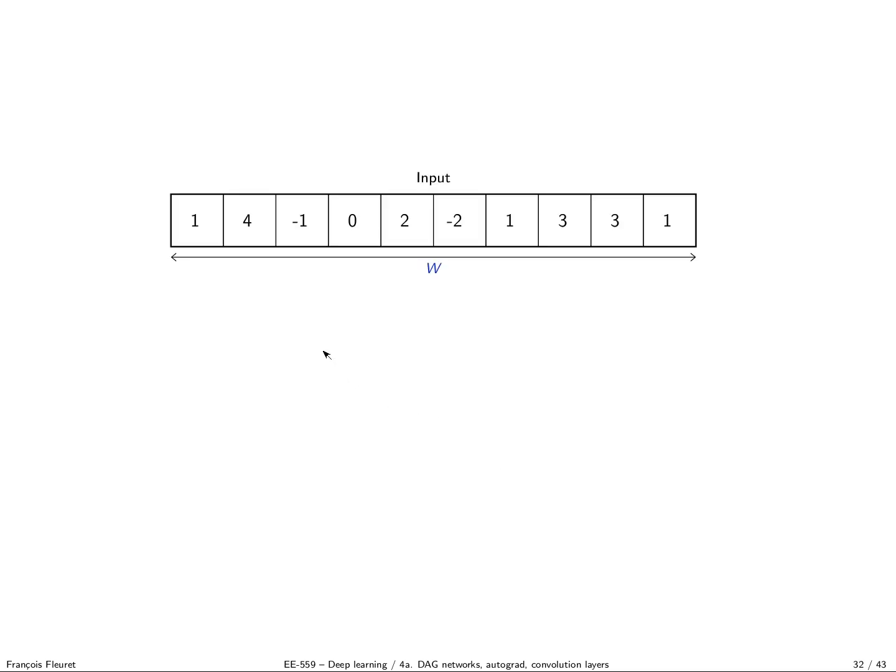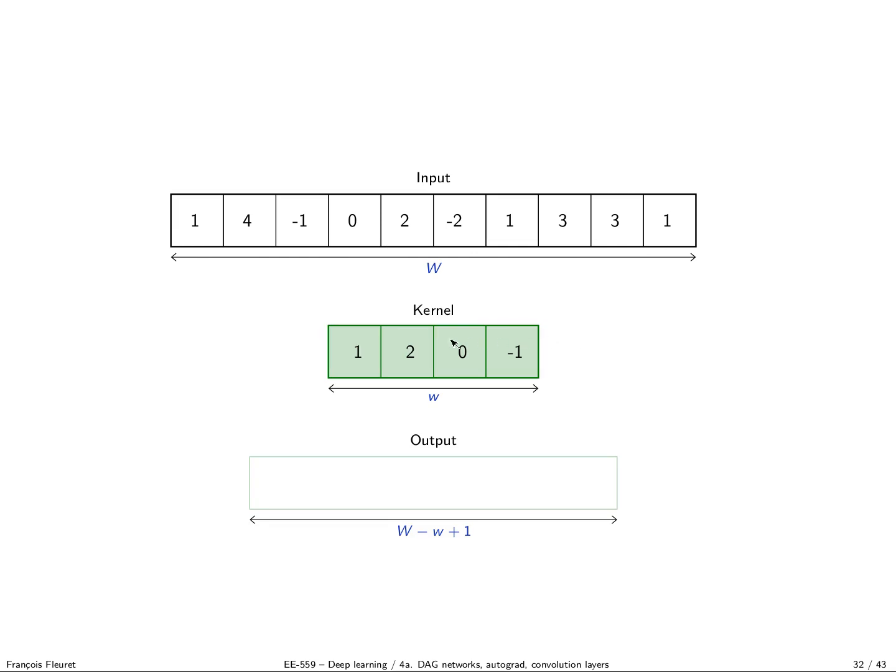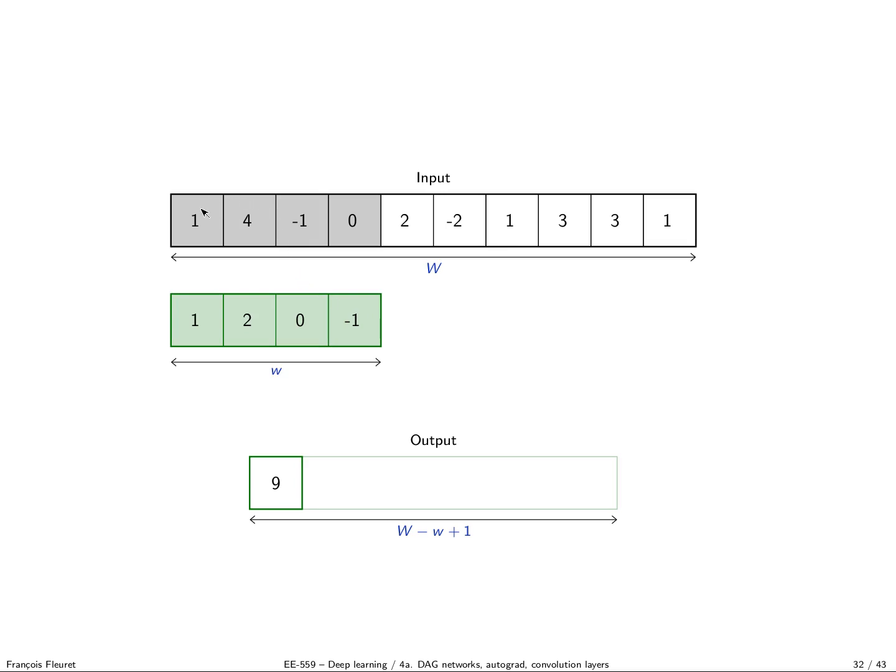Let's take a convolution of a vector of dimension 1. Here I have a tensor of dimension 1 with 10 coefficients. A convolution is defined by a so-called filter or kernel; the canonical name in this context is kernel. It's also an arbitrary example. This one is of size big W equal 10, and this one is of size small w equal 4. What we do is take the dot product between this and this, and then we translate and do it again.